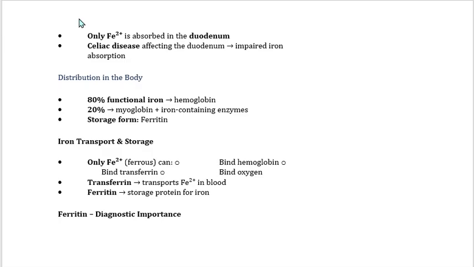And iron is absorbed in the duodenum. If there is a problem in the duodenum, iron will not be absorbed. For example, in celiac disease, the duodenum is affected and impairs iron absorption. Distribution in the body: about 80% of iron is used in hemoglobin synthesis, the remaining 20% in the synthesis of myoglobin and